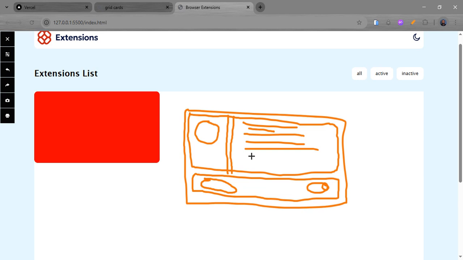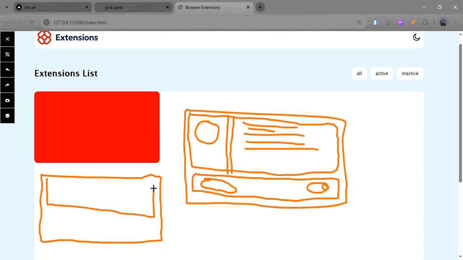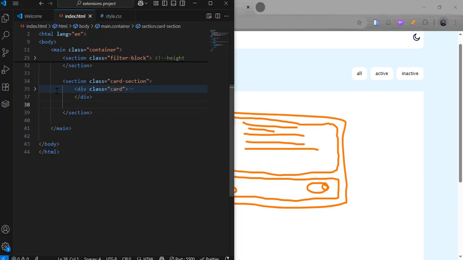So this is what our layout will look like. Don't worry, it's not complicated. We are going to do this step by what? Step. So first step, we have gotten our card, right? Next up, we want to figure out our what? Top and bottom. So right here and right here. So let's go to our code. So we already have our card right here. So now to figure out those two sections in our project,